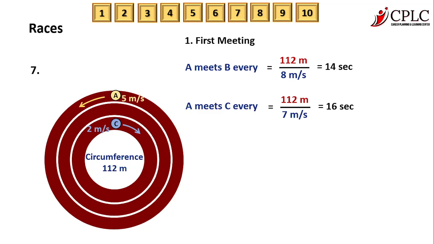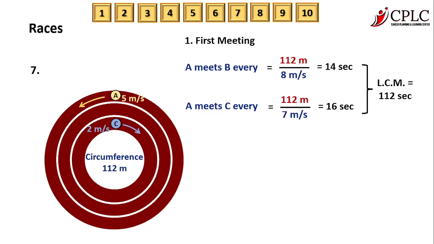A and B meet each other every 14 seconds. Of course, we want to ask about all three of them. So clearly, all three of them will also meet each other together at the LCM of these two numbers. So the LCM of 14 and 16 is 112 only. So, for example, A, B, C, all three of them meet for the first time in 112 seconds. And that's the way to do that. This is how you calculate that.